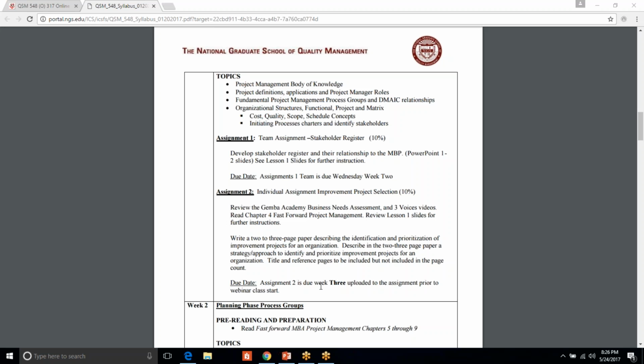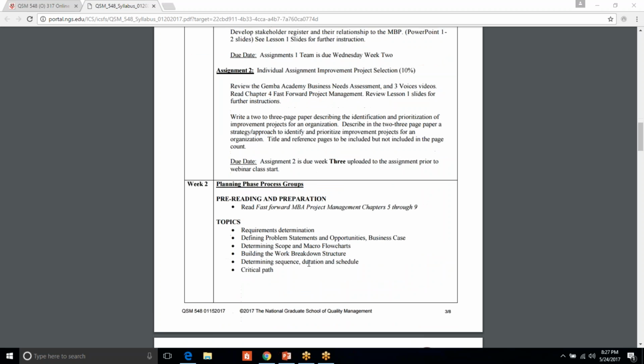And that is due before class on June 7th. So for this week, you have an assignment that is due next week, a team assignment, and an individual assignment that is due 2 weeks from now. Also, there are 2 discussion questions out there, with the typical expectation of discussion questions: post and reply. Okay.